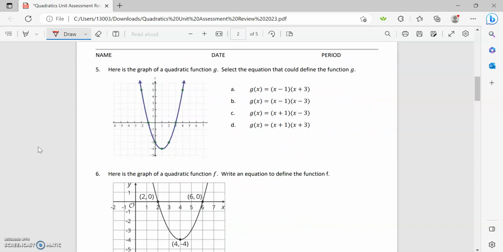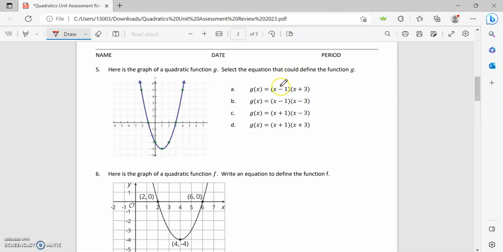Question 5. Okay, kind of still on parabolas, but we're going to work more through questions that find the zeros. So when a graph is given and it says select the equation that could be the function, well, what they're really saying is when I graph these parentheses, x minus 1, x plus 3,